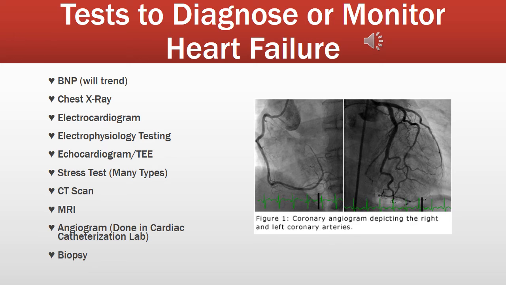Echocardiograms provide a look at the heart's structure and function using ultrasound. A transesophageal echocardiogram may be done for a better view of the heart's posterior. Stress testing looks for oxygenation during exercise. There are multiple types, and it's possible to use medication to provide the stress if the client is physically unable